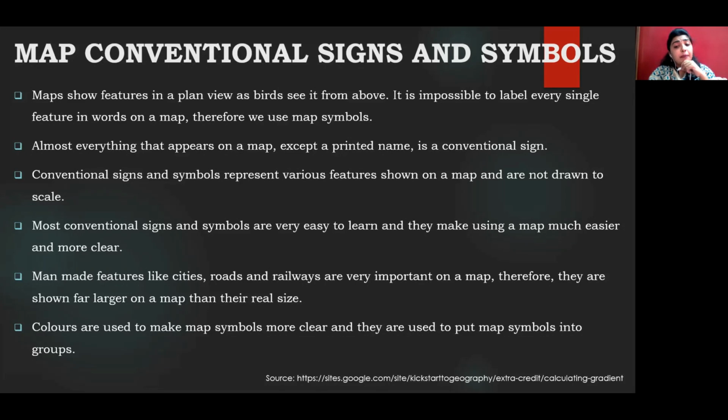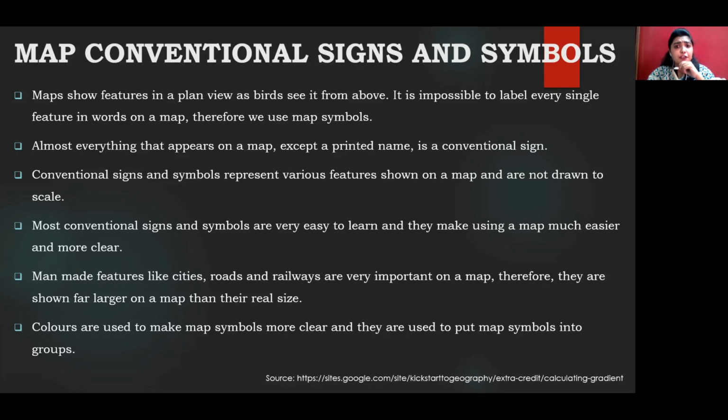When it comes to depicting all these, I use certain conventional signs and symbols. Say if I have to depict a road, I will show it with a red colored line. Depending upon what kind of road it is, if it's a metalled road, I will show a thick red colored line. If it's a footpath, I will show a dotted red colored line. That kind of signs and symbols are used in a map to depict either man-made features or natural features.